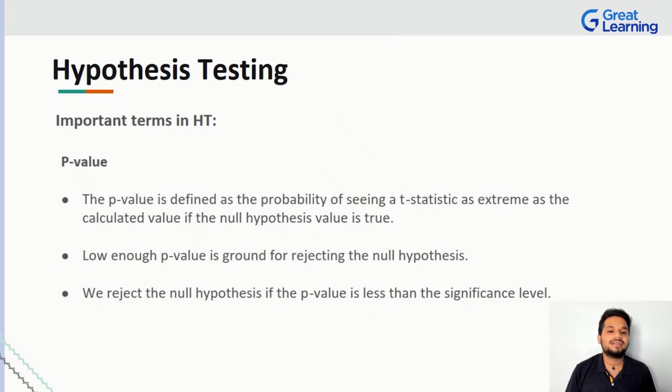And when you reject the null hypothesis, this only happens when your p-value is what? It's not just that your p-value exists, but your p-value is less than the significance level. Significance level is something we just spoke about, and there we spoke about p-value. You might have been confused what p-value is. So now we discuss p-value, and you've understood significance level as well.